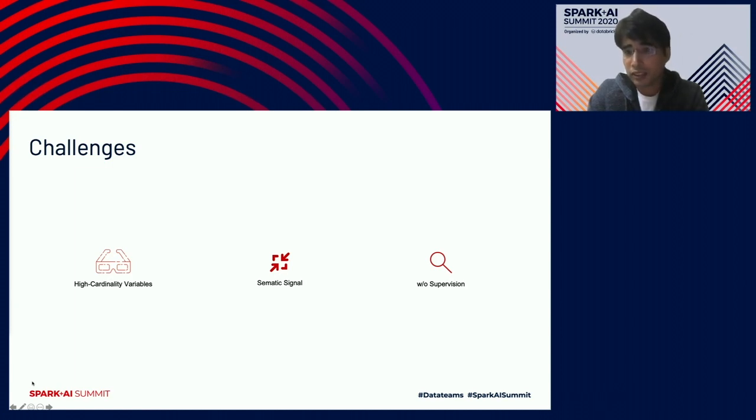So that's a drawback. Second is semantic signal. Each of these representations doesn't take into consideration if there is any relationship between any of those categories, right? So it does not care if category A is similar to category B. For the representation purpose, it's all the same. And if you want to visualize how far or close each category is to the others, it does not help in that sense.